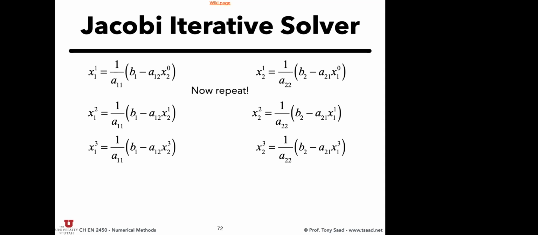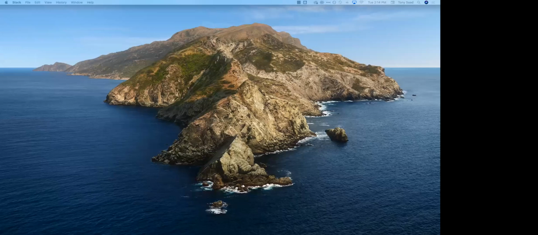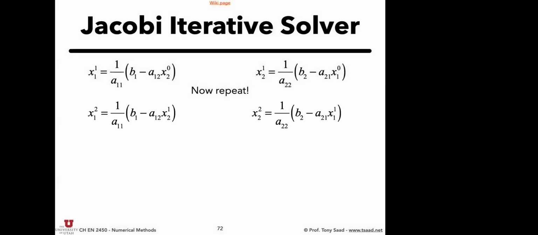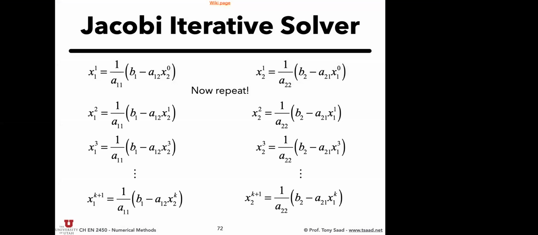So there's a typo here. I mentioned that last time. I cannot fix it right now because I don't have the equation editor that I was using, but I'll update that on the slides. So this third equation, on the right-hand side, should be x22 and x12, and so on until you